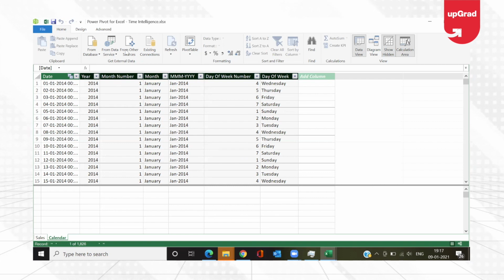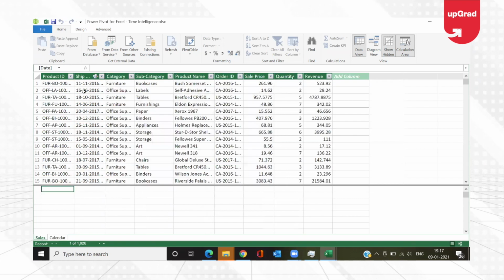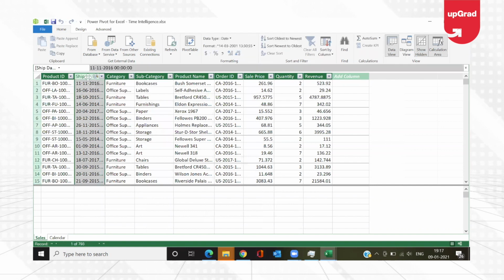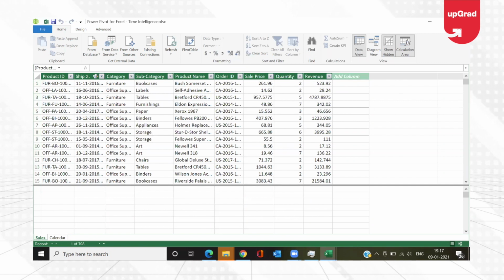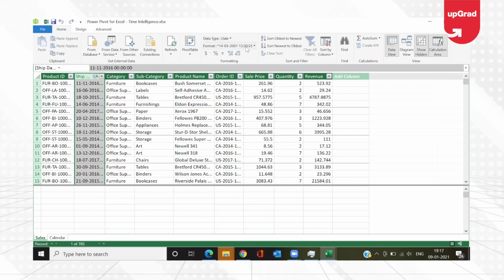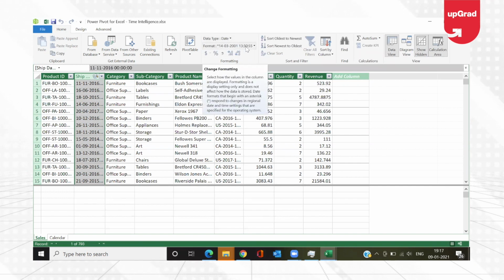So it is very, very important that we actually have the data in the time intelligence. Now, one more thing that you have to be very, very careful about is when you enter any date into your database, you need to make sure that its data type is always converted into date. If this data type is text or any other data type, the time intelligence or this calendar will not automatically pick up the data. So you have to be very, very careful about the time intelligence part, because this formatting is very, very important when you're performing time intelligence functions.